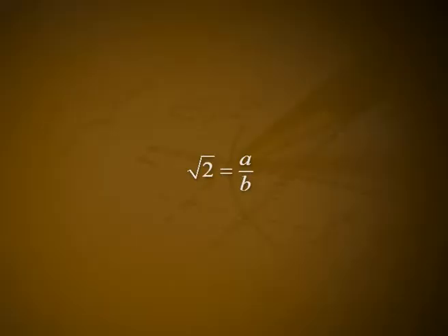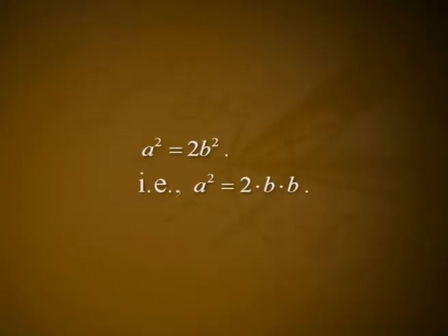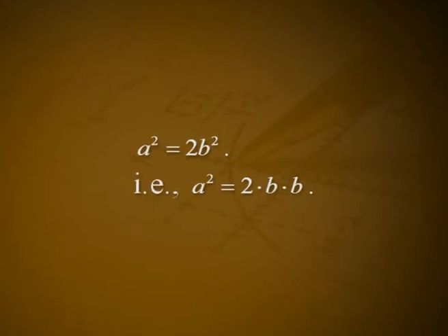The integer 60 can be factored into e primes in two distinct ways, namely 60 is equal to 2 into 30 is equal to 6 into 10. Theorem 3. Pythagoras. The number root 2 is irrational. Proof. Suppose to the contrary that root 2 is a rational number, then root 2 can be written as root 2 is equal to a by b, where a and b are both integers with the GCD of a and b equal to 1. Squaring, we get a square is equal to 2b square, that is a square is equal to 2 into b into b.